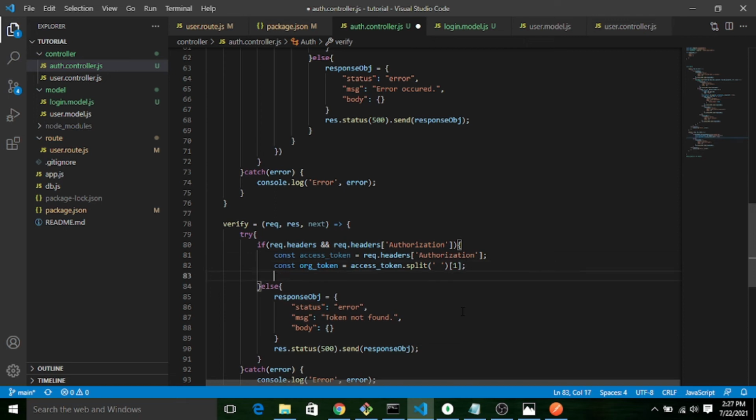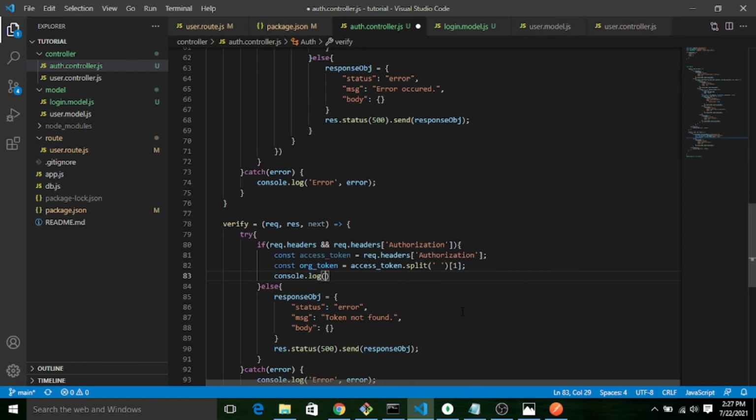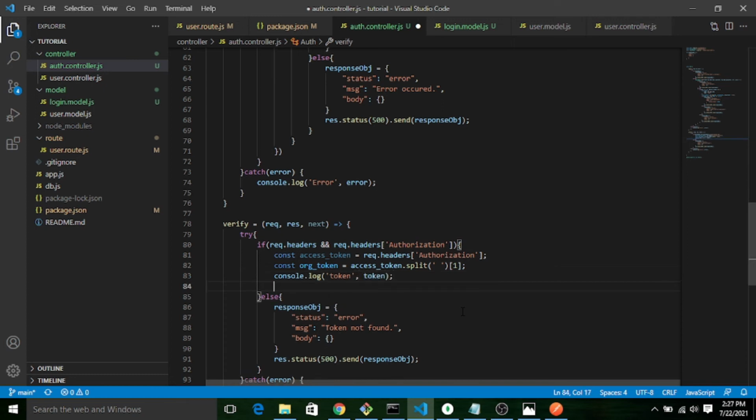So let me print it. Now we fetched the token, original token from the header.